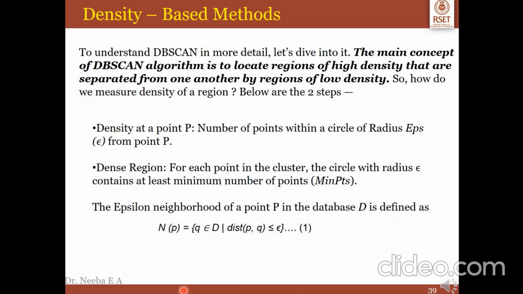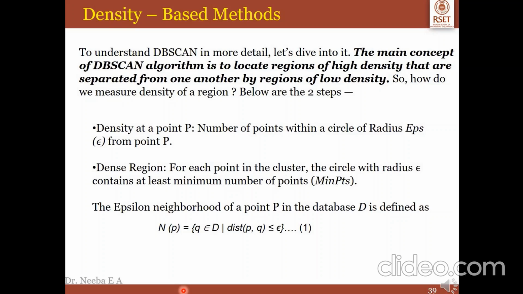That is the number of points within a circle of radius epsilon from the point P. Now what is dense region? For each point in the cluster, the circle with radius epsilon contains at least a minimum number of points, that is min points, which we will be giving.